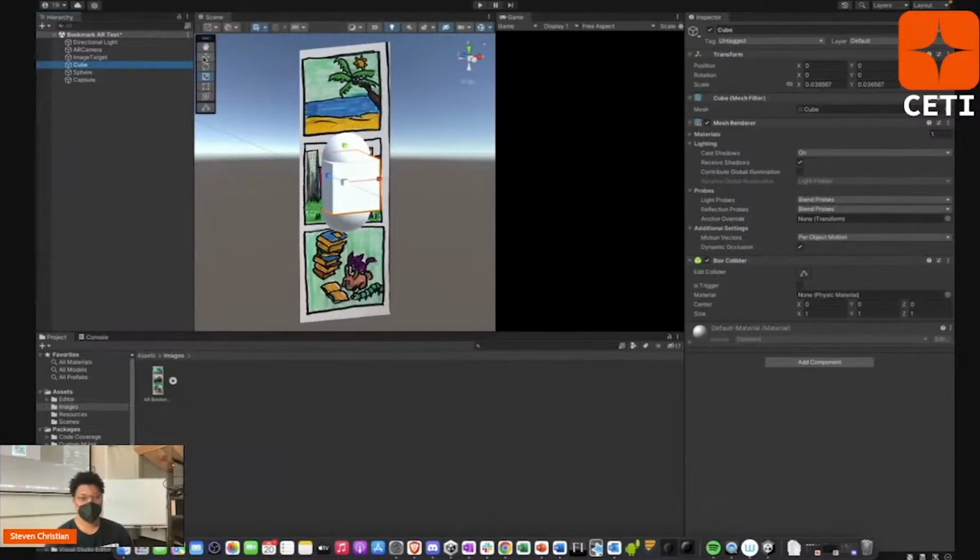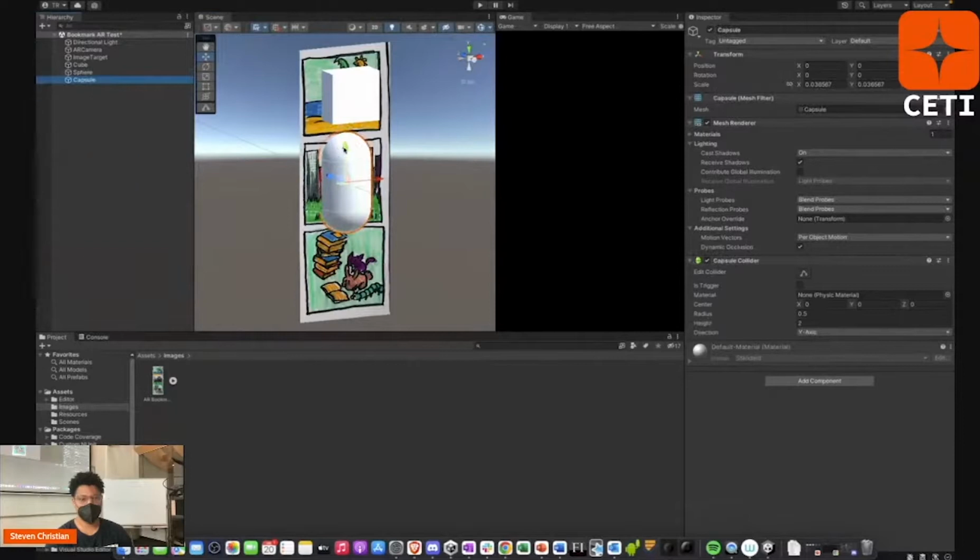And so I'll just use the move tool. I'll lift the cube up to the first one. I'll have the sphere be in the second one, and then the capsule will be down in the third one, like that. And I'll just make the capsule a little smaller because it's bigger than I want it to be,